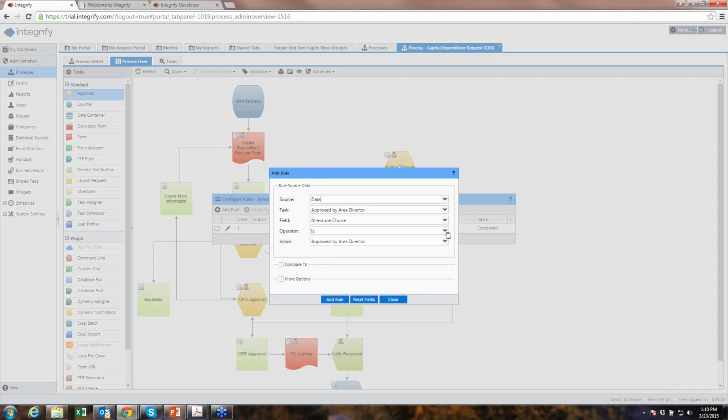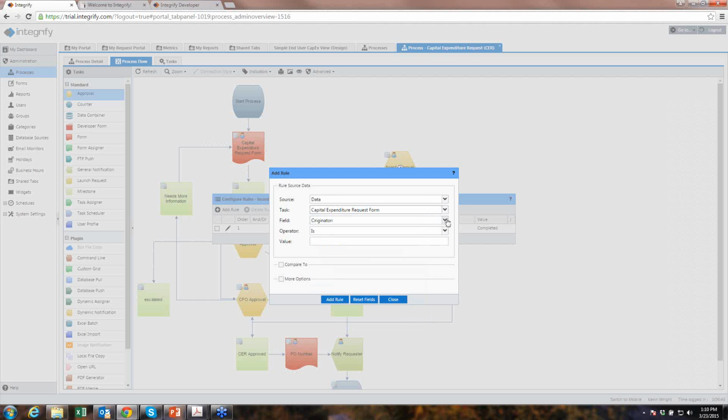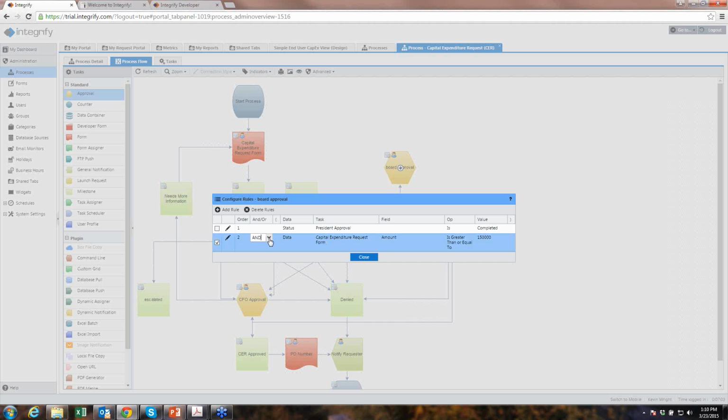Maybe it's data coming from any part of our process. This will reach out to any task within the process. If I want to say it's based on form information, this goes out to all the questions on that form. And maybe it's just that if the amount of this capital expenditure request is greater than or equal to, maybe it's $150,000, then we're going to require some level of board approval. And I can layer that in here. I can do and/or logic. Really have a lot of capabilities here